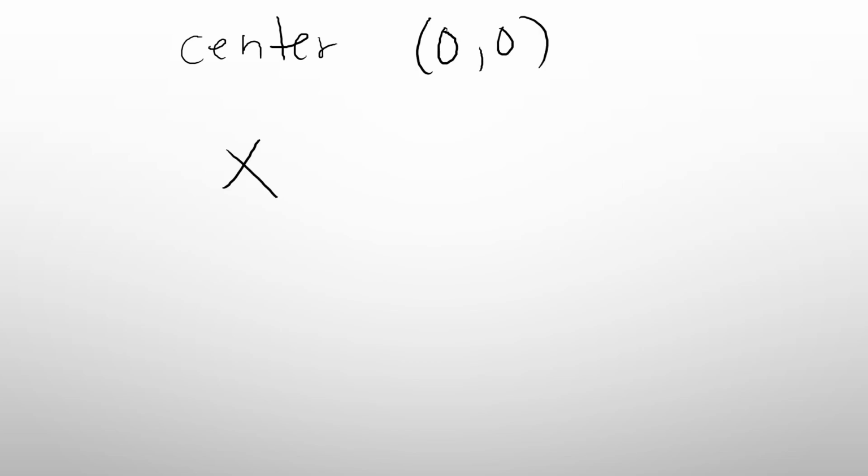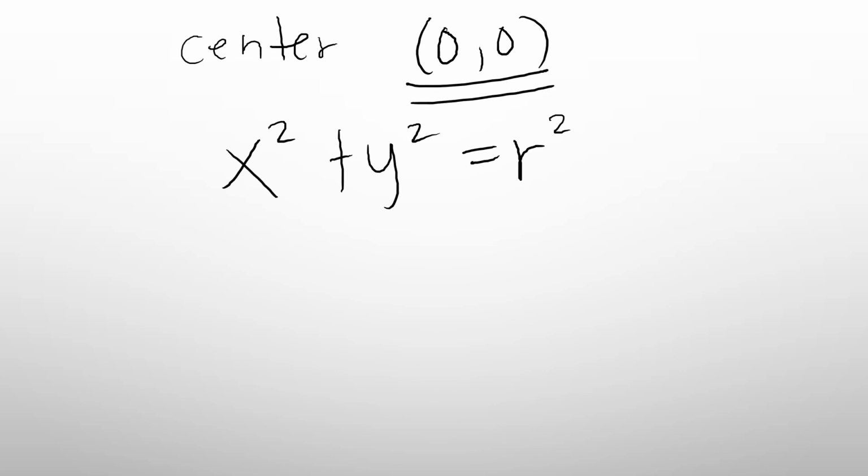Again, the first formula is enough for us to write the equation of any circle given the center and the radius. However, if the center class is at the point of origin 0, comma 0, then we'll be using x squared plus y squared is equal to r squared. There is no need for us to substitute h and k if the center is the point of origin. So what we need here is the value of r, and remember r is the radius. So if the center is at the point of origin and given the radius, then we'll be utilizing this formula. If you want to use the first formula, then you may do so.